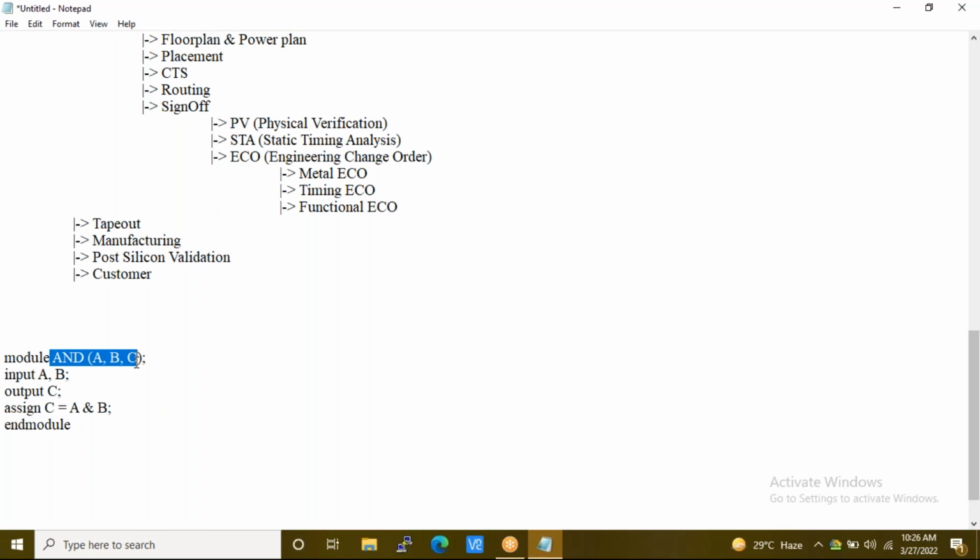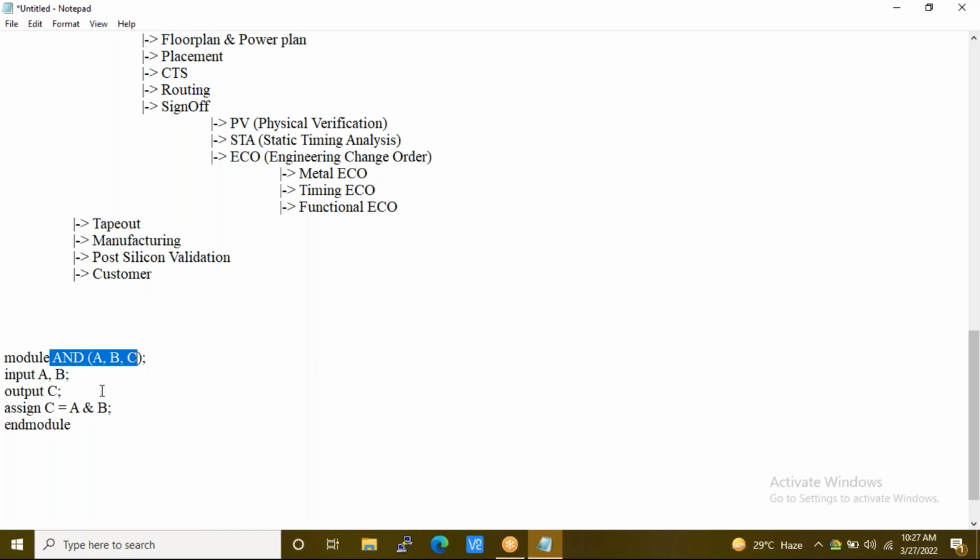We can also say modules are like functions, which help us know the functionality of that particular logic. Modules are function definitions which give us the functionality of that module.